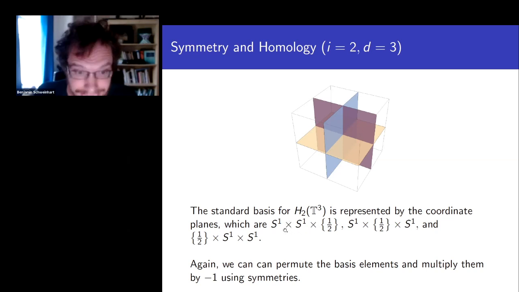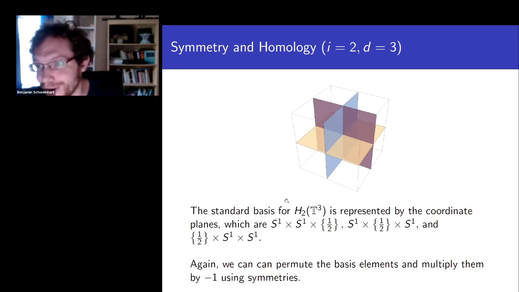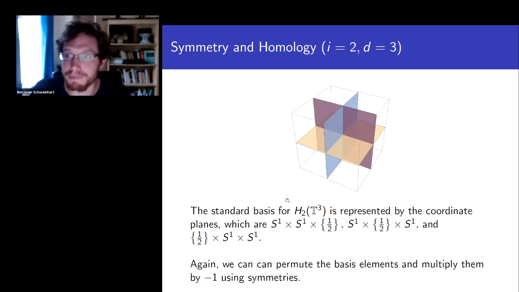And if we reflect, then the orientation is reversed, which is multiplying by -1 in homology. In fact, the fact that this is an irreducible representation of the symmetry group can be proven directly from this here. We have a different example of a different type of percolation where we have to rely on some theorem from the representation theory literature to show that we have an irreducible representation in all the cases we claim. But here it's straightforward and elementary, just by looking at these actions. Anyway,